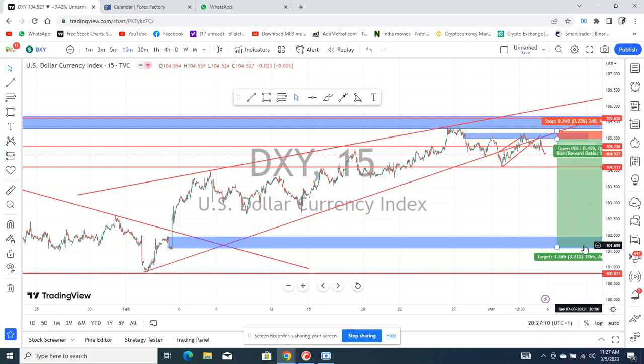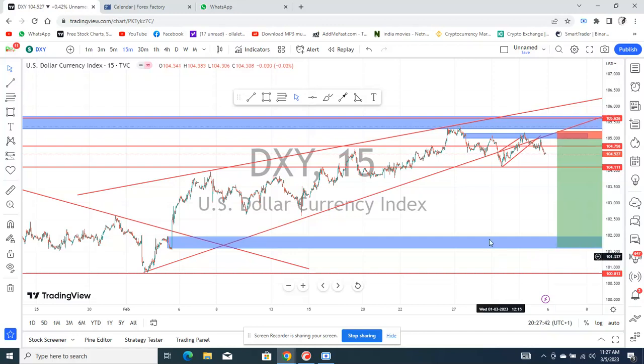I'm looking for an opportunity for DXY to remain weak this coming week, and to buy some cryptocurrency and some USD pairs, that is, currencies against the US dollar, like EUR/USD, GBP/USD, NZD/USD,